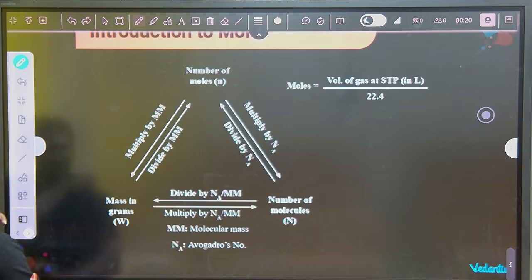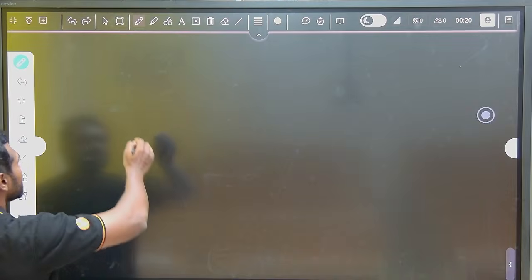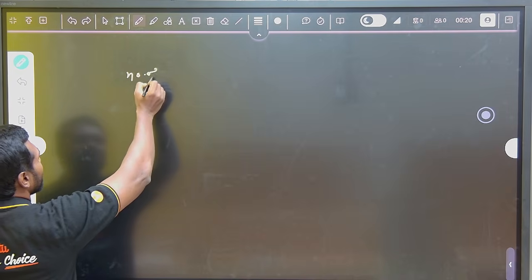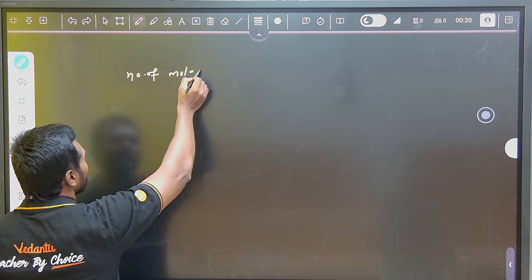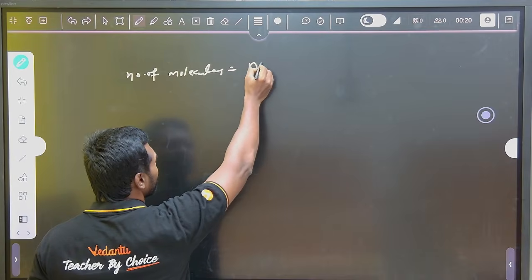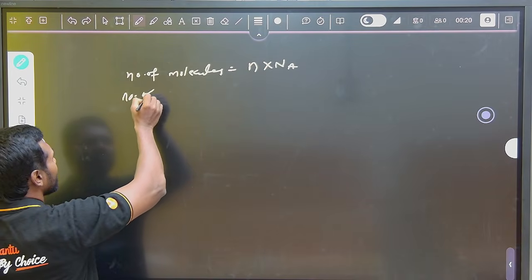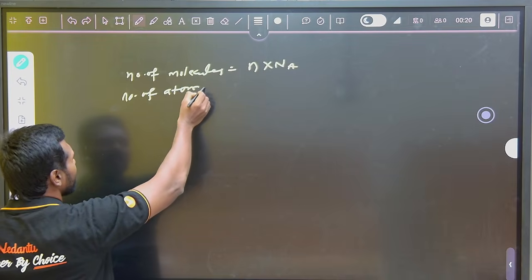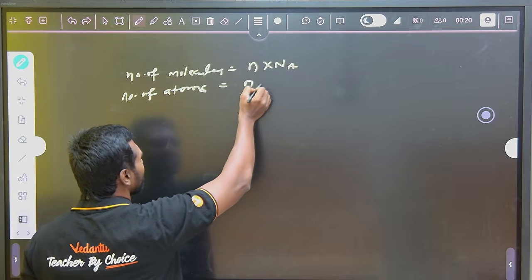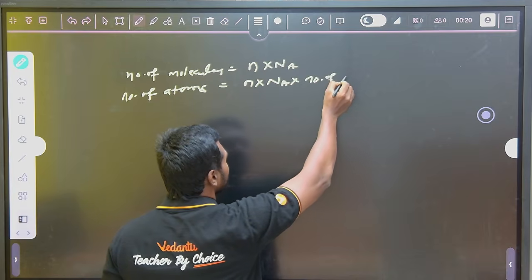Now here, in order to do some calculations, I will give some formulas. Number of molecules is equal to number of moles, n, into Na. Next, number of atoms. Number of atoms is equal to number of moles into Na into number of atoms